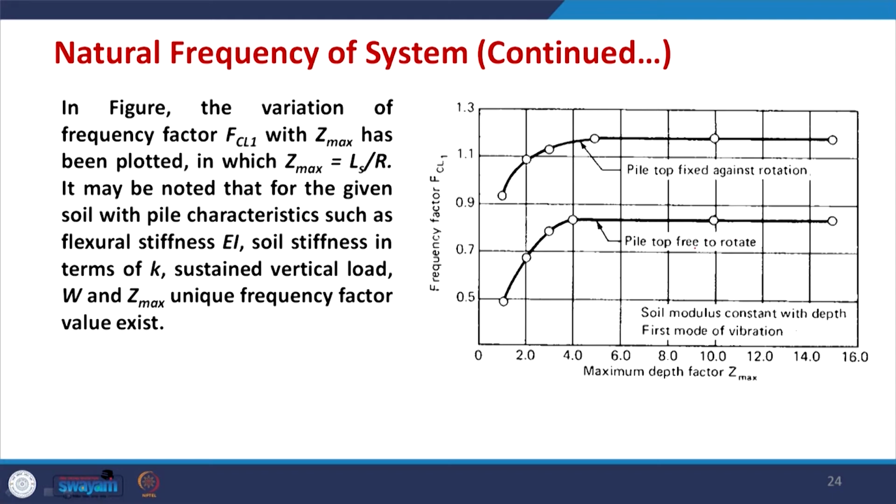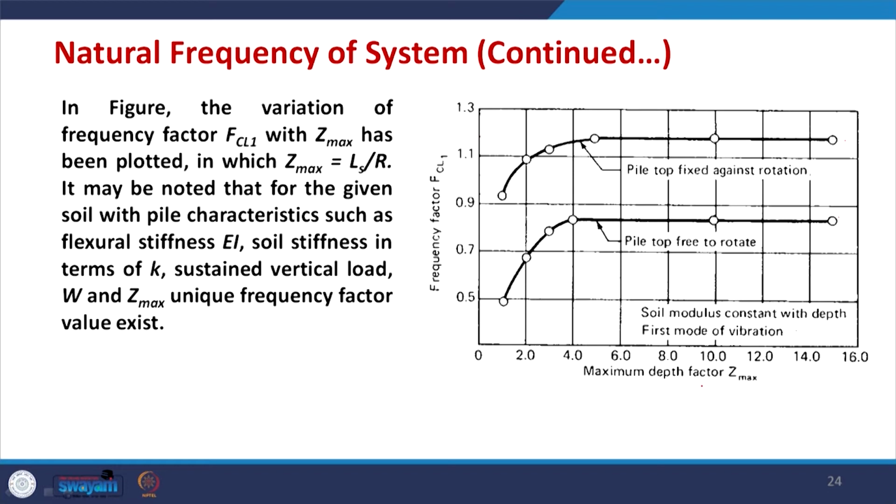So, you could see that when this value of Z max is more than 4, then it becomes almost constant for both the cases. That means this value becomes constant, and this value is roughly around 1.2 and this value is around 0.85. So, here in this case you get pile top free to rotate and pile top fixed against rotation. So, according to what is the condition at pile top, you can select either this curve or this curve, and